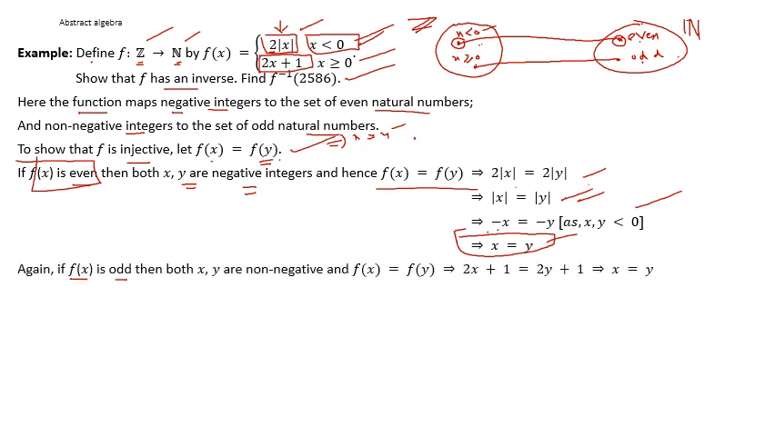Now যদি f(x) is odd, ধরো f(x) is odd, f(x) কখন odd হবে, যখন x is a নন নেগেটিভ ইন্টিজার। তাহলে f(x) odd মানে x নন নেগেটিভ ইন্টিজার, মানে x greater equal to 0। আবার f(x) equal to f(y), তাহলে y ও কিন্তু odd, f of y odd, তাহলে যখন y নন নেগেটিভ ইন্টিজার হবে, মানে y ও নন নেগেটিভ ইন্টিজার। তাহলে নন নেগেটিভ ইন্টিজারের ক্ষেত্রে ফর্মুলা হচ্ছে এটা, তাহলে সেক্ষেত্রে 2x plus 1 equal to 2y plus 1, that means x equal to y।